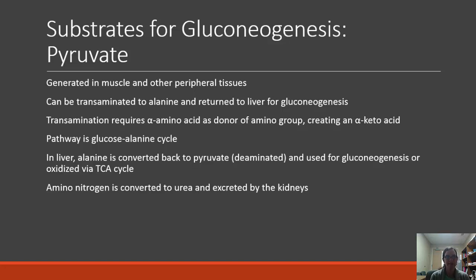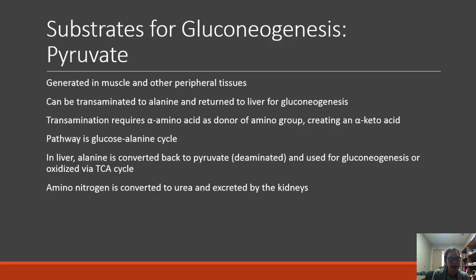Pyruvate is also an important substrate because it can be transaminated to alanine. We'll talk more about transamination in our protein section, and then return to the liver for gluconeogenesis. If we remember back to our biochemistry, transamination requires an alpha amino acid to donate an amino group, and that creates an alpha keto acid. And we use that alpha keto acid